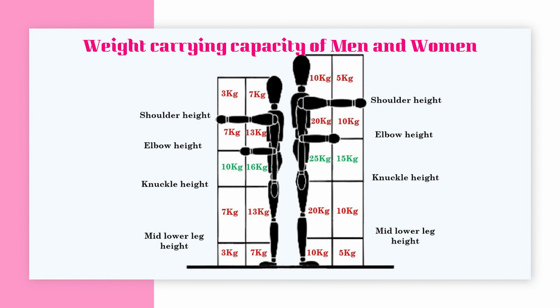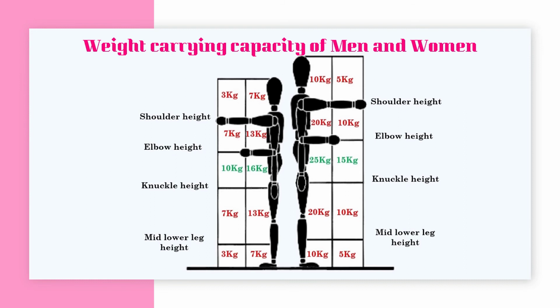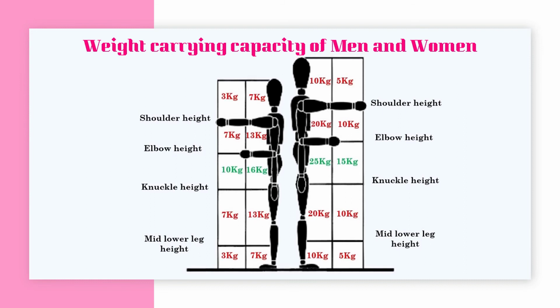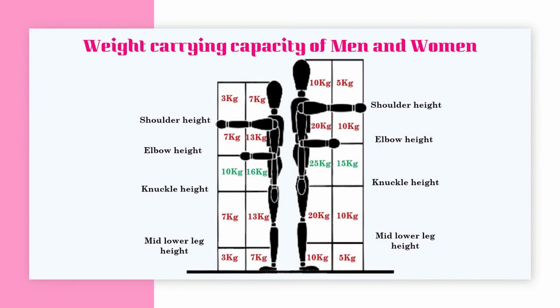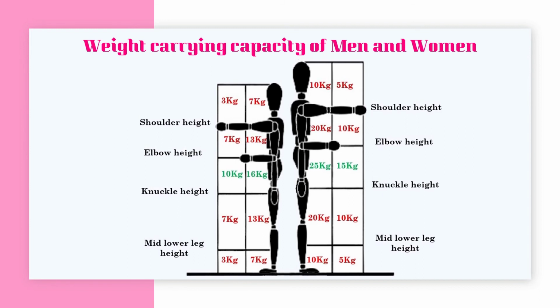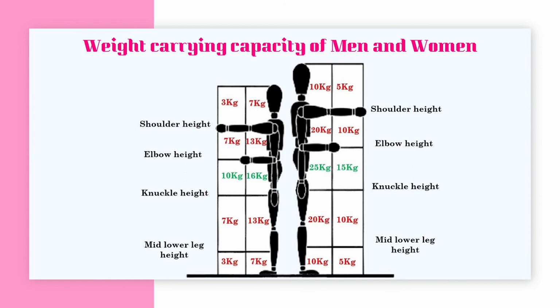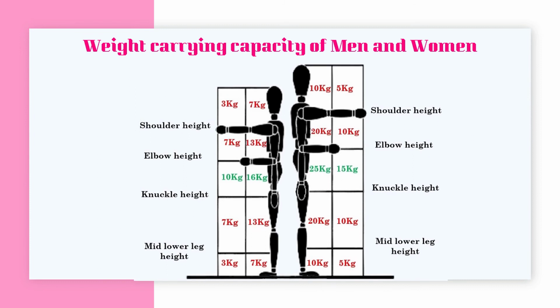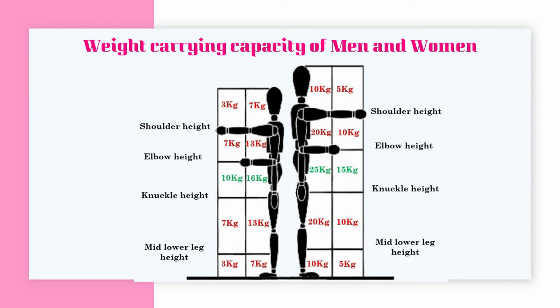As per the studies, we can see the left side is the picture of a woman and the right side is the picture of a man. So the weight carrying capabilities differ from top to bottom, and we find that